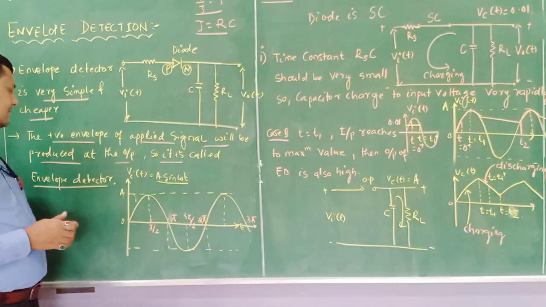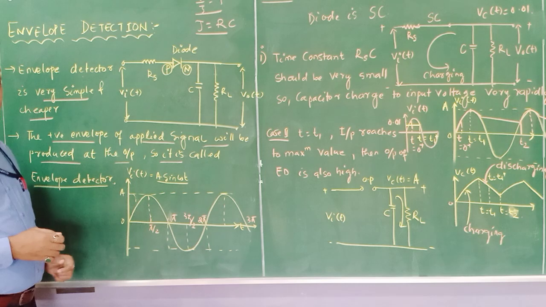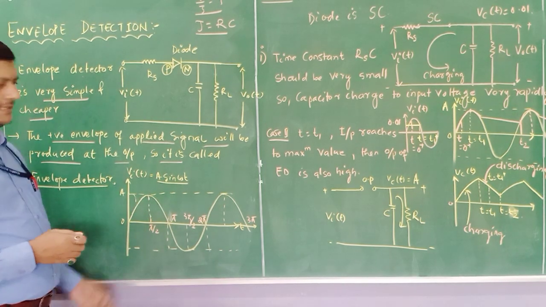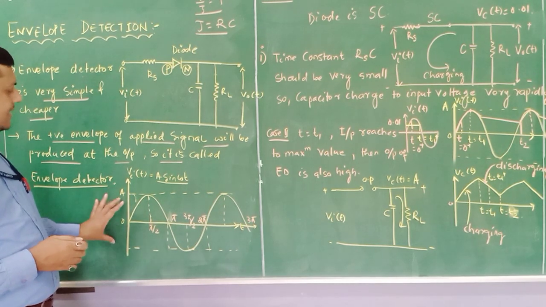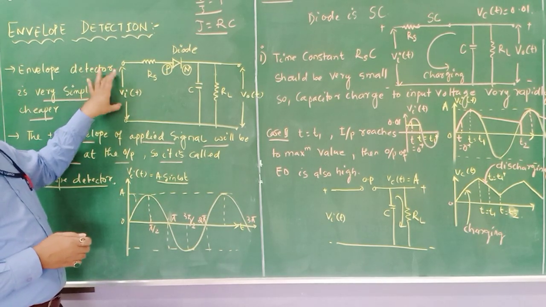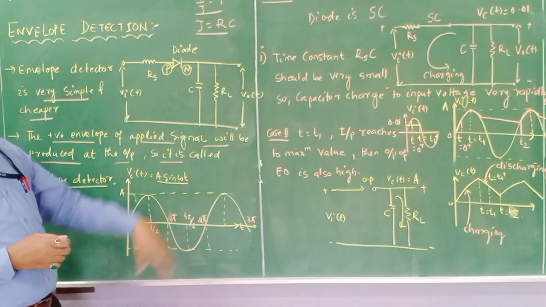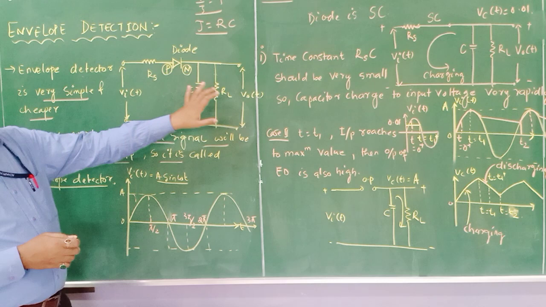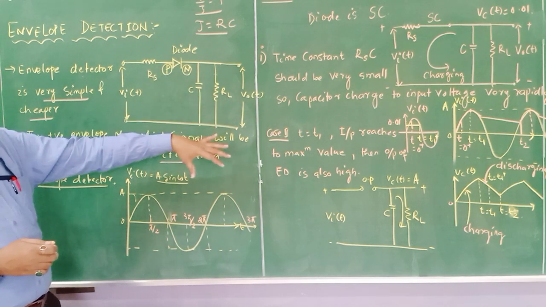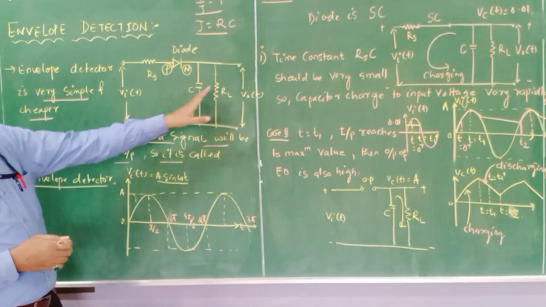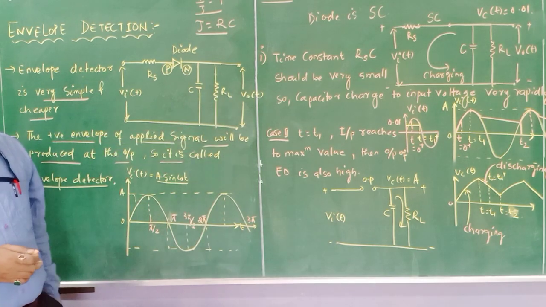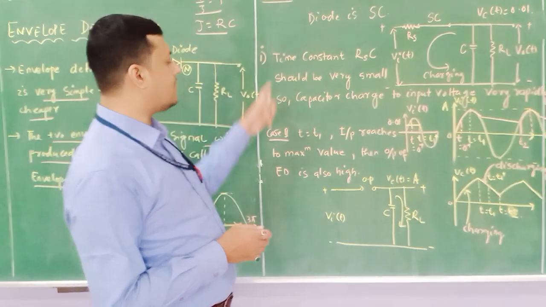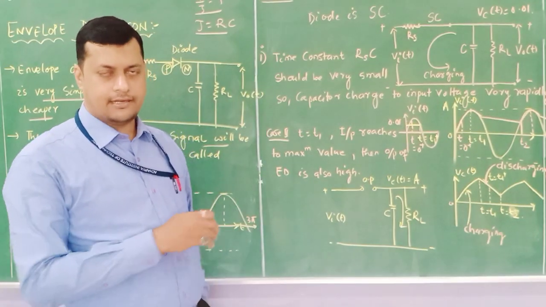Now let us consider, this is my sinusoid signal, that is A sin omega t. It is a sinusoid signal. Now this sinusoid signal is given to this envelope detector. Then what will be my output? What will be the decision taken by this Rs, by this C and RL? Depending upon this, we will identify what output we are going to get at the envelope detector. So this is my modulating signal. I have written, there are basically three conditions, which I will discuss later on.